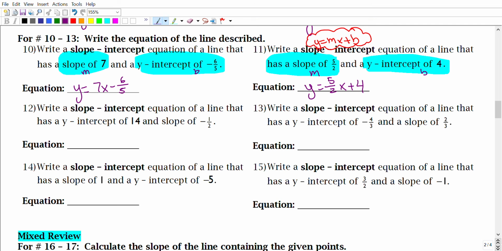All right, cool. Number 12, write a slope-intercept equation of a line that has, so once again, slope-intercept, so it's y equals mx plus b, that has a y-intercept